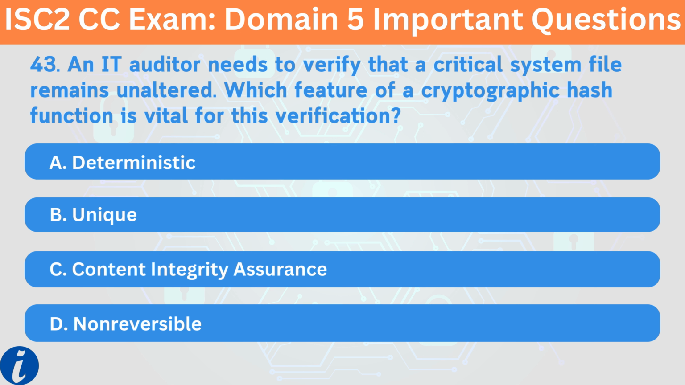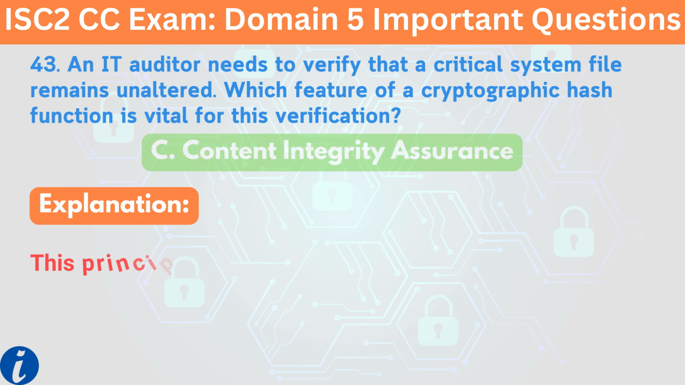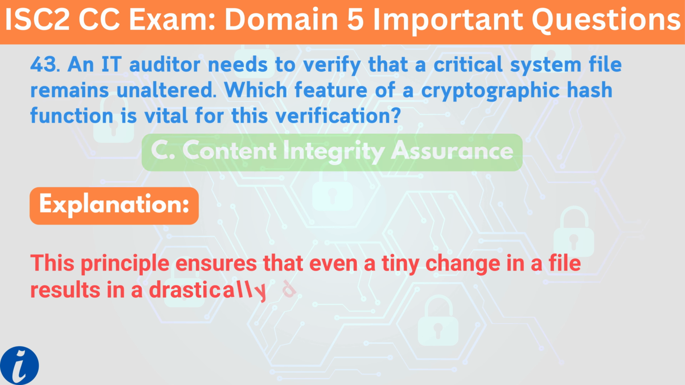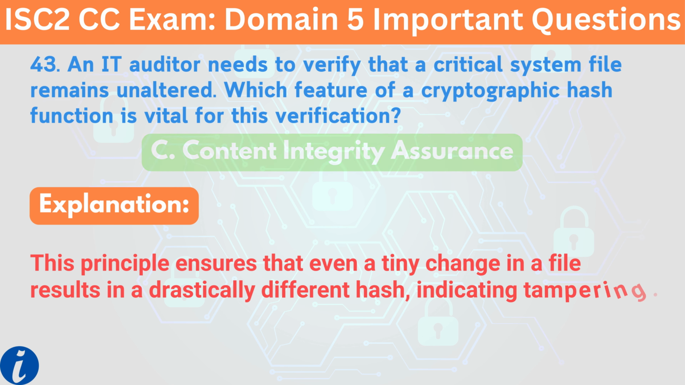Which feature of a cryptographic hash function is vital for this verification? A. Deterministic. B. Unique. C. Content integrity assurance. D. Non-reversible. The correct answer is C. Content integrity assurance. Explanation. This principle ensures that even a tiny change in a file results in a drastically different